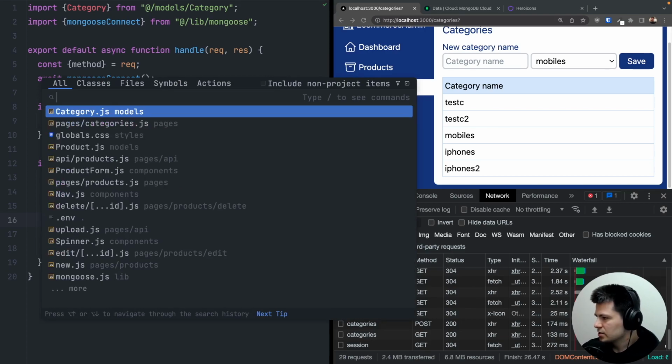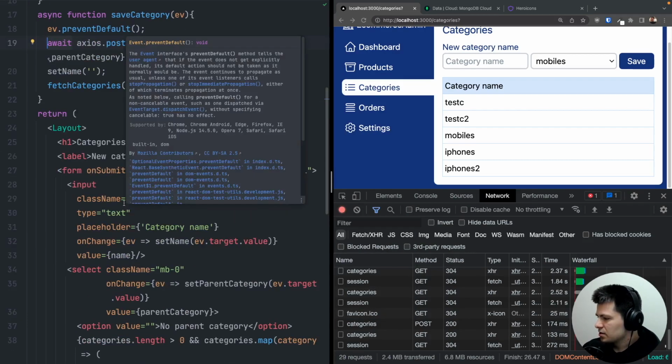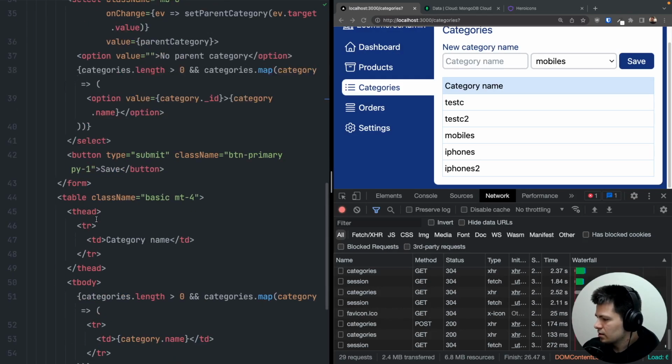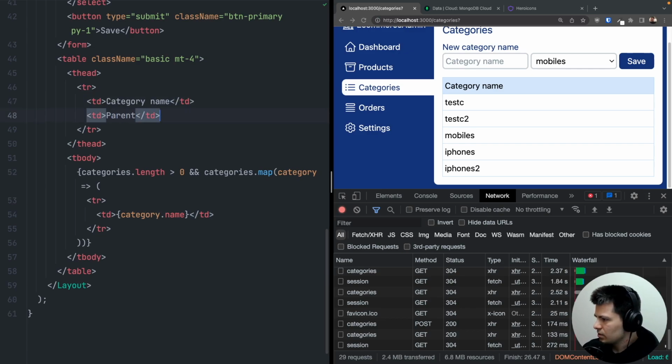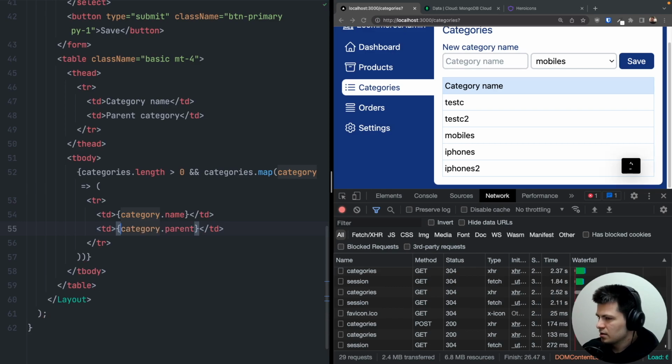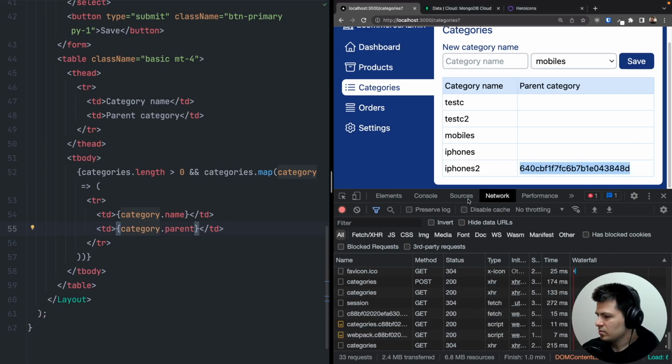inside our table. So let's go to pages categories, and here we have our table. But if we just add a parent category here, and we print category dot parent inside curly brackets, it will just show the ID. And the problem is we don't want to show just an ID. Instead, we want to grab the category of this ID, and we want to grab the name and display the